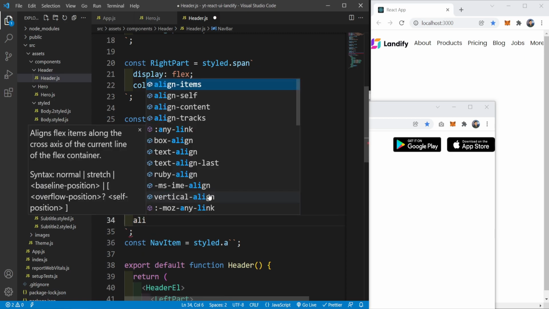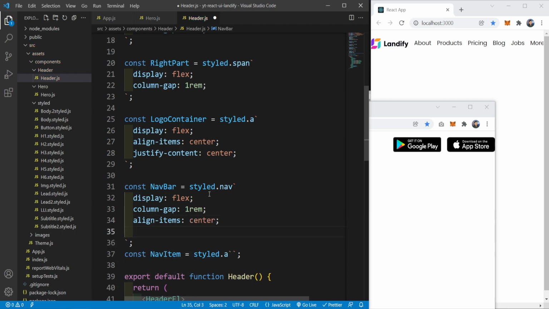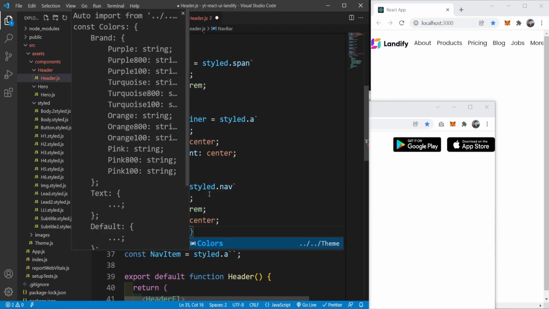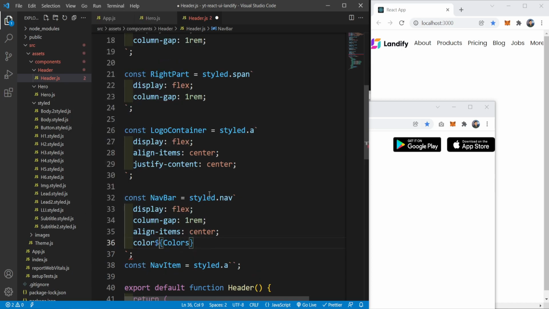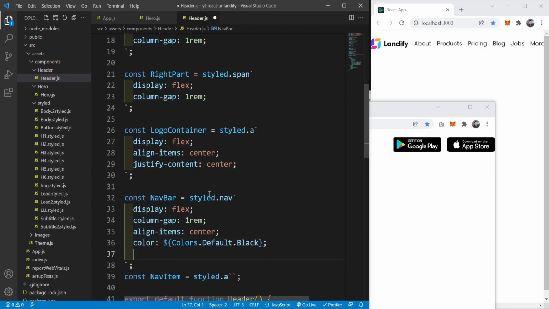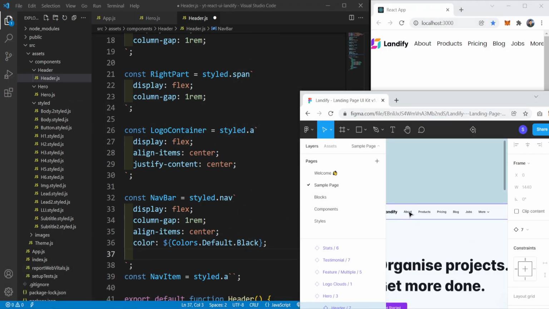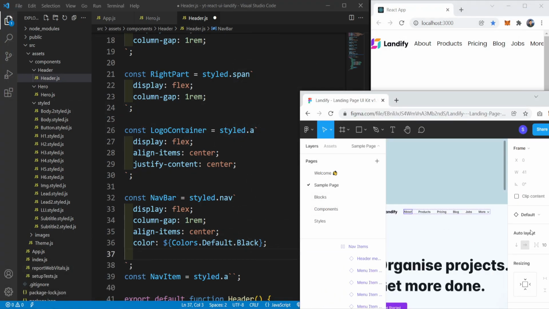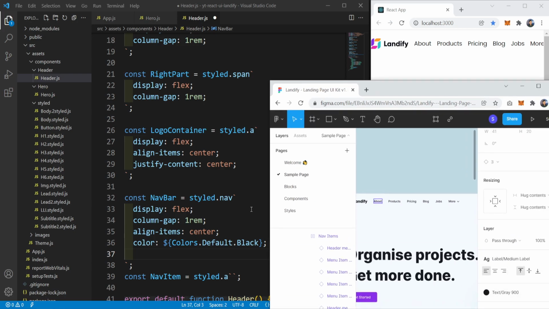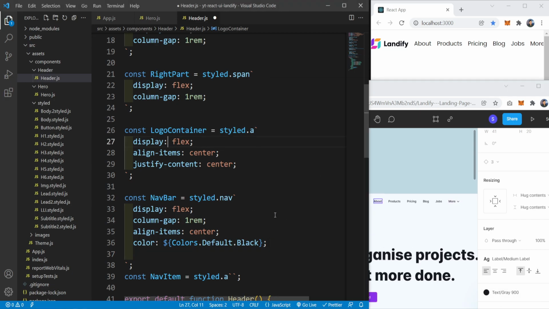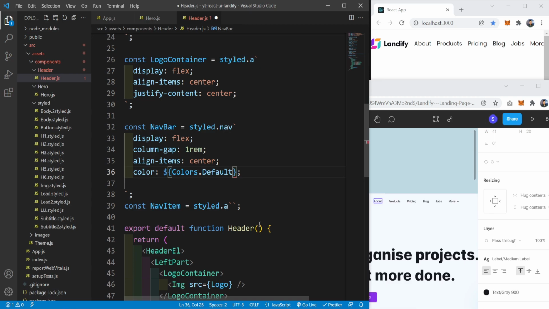And then we should align the items center. Set the color to colors. Forgot this one here. Colors default black. Then we should apply the stylings for each one of these, because if you come in here, you can see that this one uses the label medium and it takes gray 900, so I will remove this black and